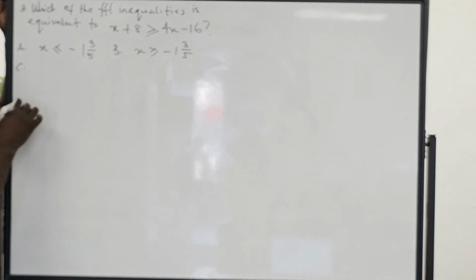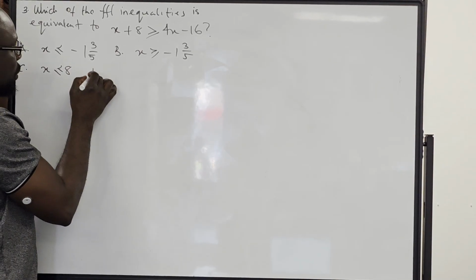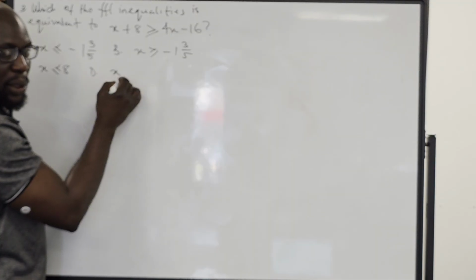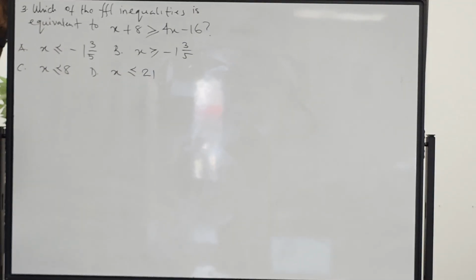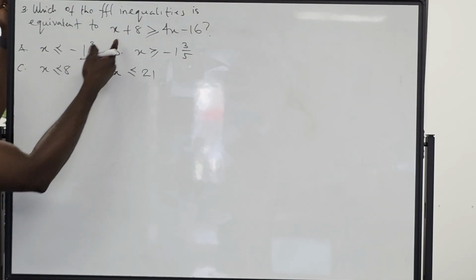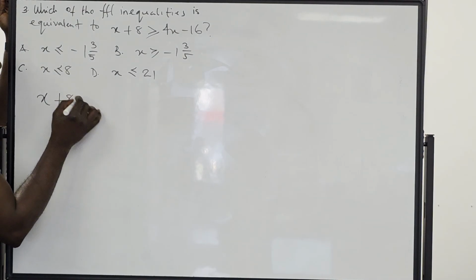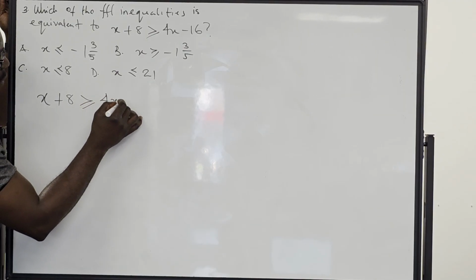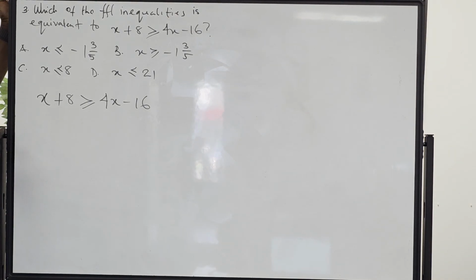Option C, x is less than or equal to 8. And option D, x is less than or equal to 21. So let's solve this question real quick. So the equation we're given is x plus 8 is greater than or equal to 4x minus 16. What we're trying to do here is